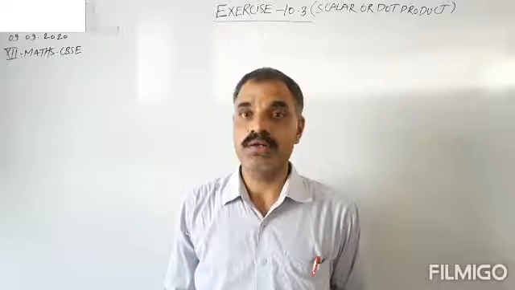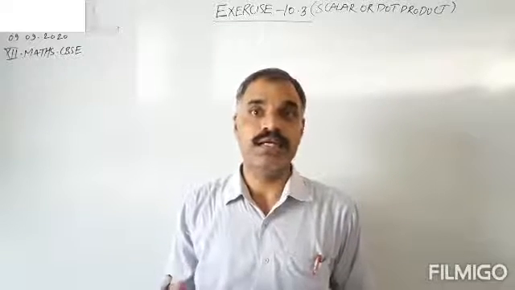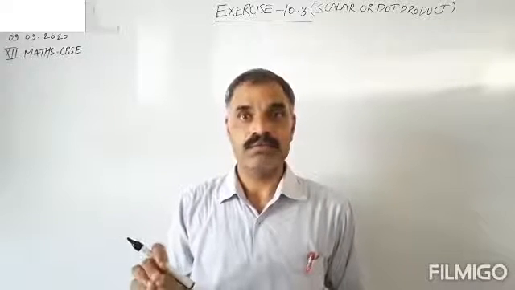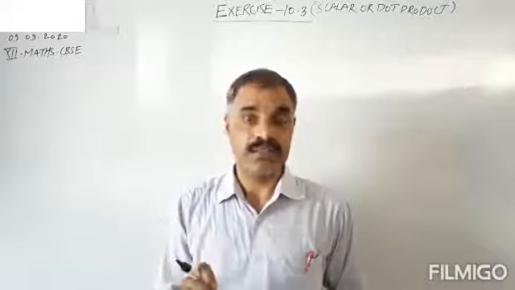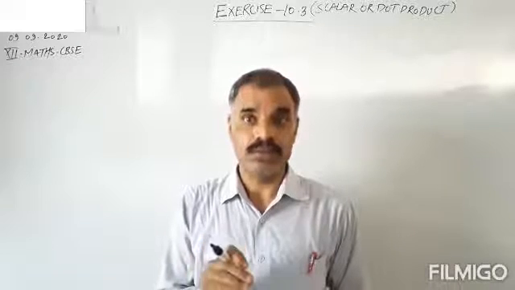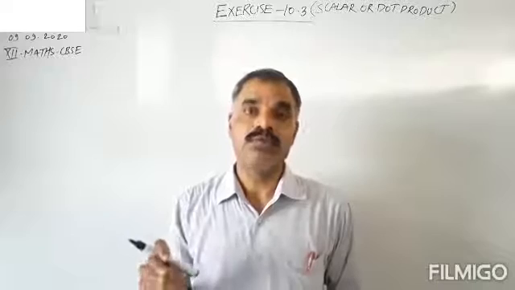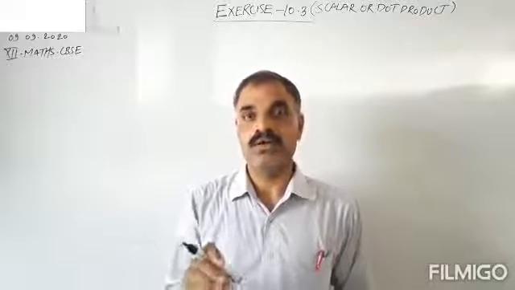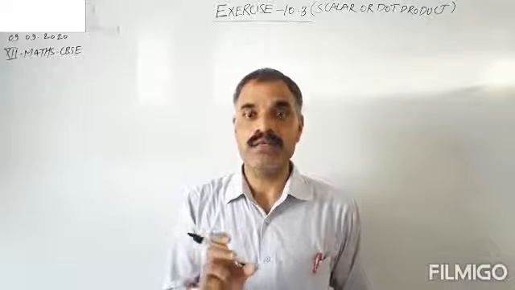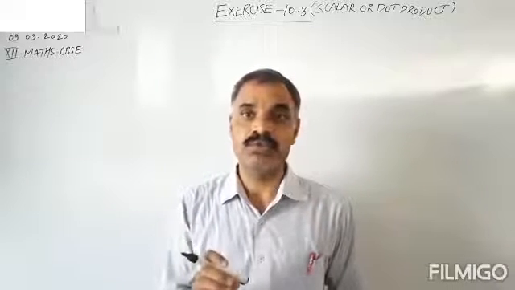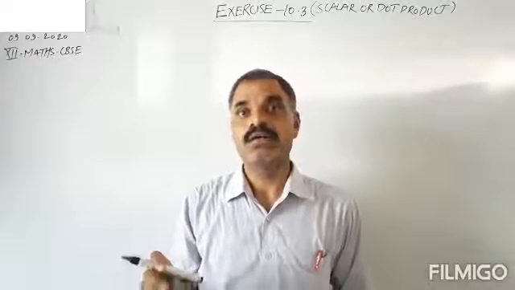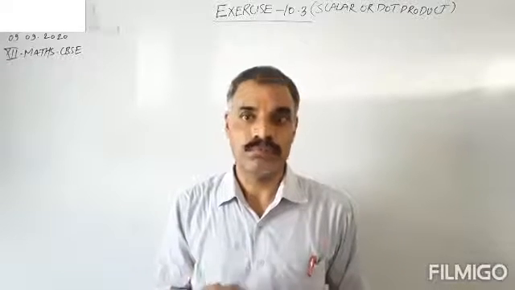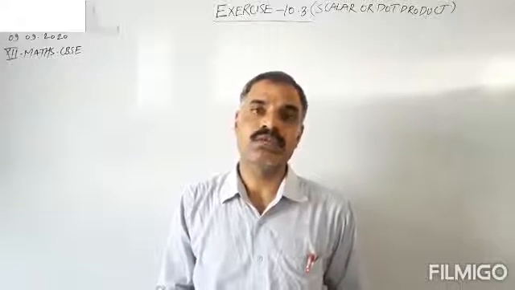Scalar product or dot product is defined as a vector dot b vector. And this is a scalar quantity, that is why it is known as scalar product. And this is equal to magnitude of a vector, magnitude of b vector, cos of theta. So dot product between two vectors is defined as a vector dot b vector equal to magnitude of a vector, magnitude of b vector cos of theta. Okay, we will solve the questions related to dot product. So let us start with question number first.